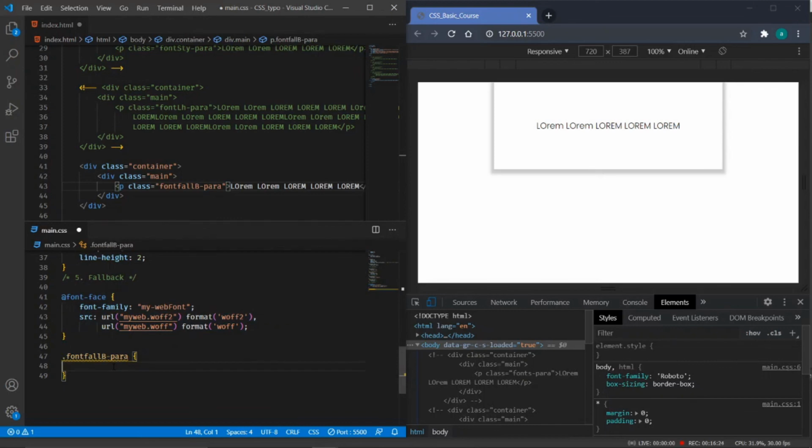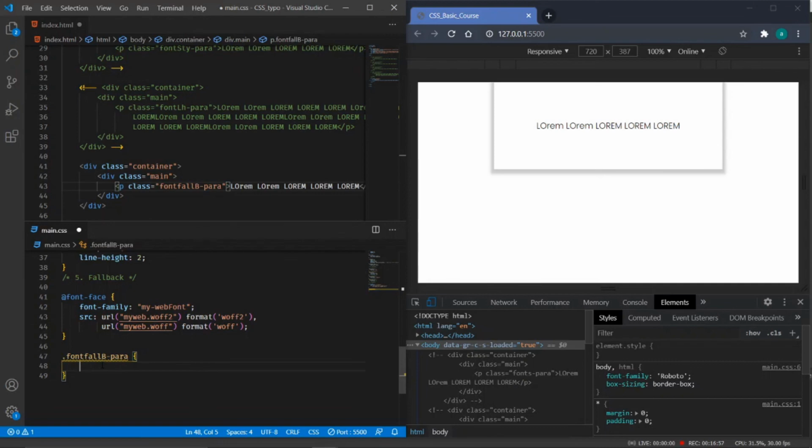So right now we are having a so-called non-existent font. It is not available anywhere. To let you understand how the font fallback works, I have created this thing using the font face. Font fallback is nothing but, whenever a particular font is not supported or is not available itself or that font is not downloaded, in such scenarios the second font is applied.